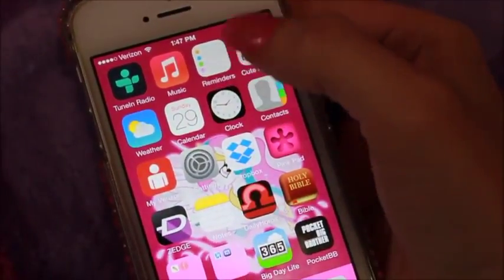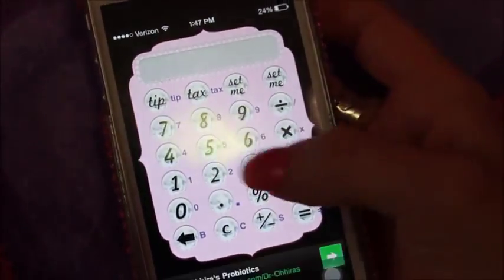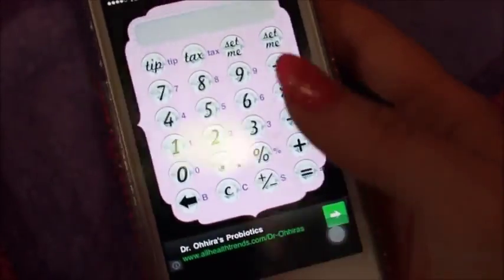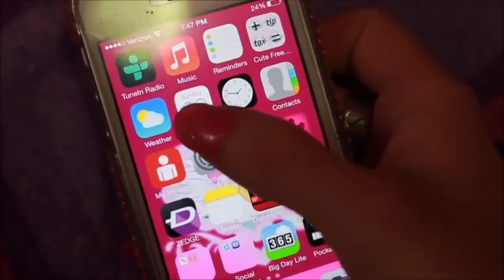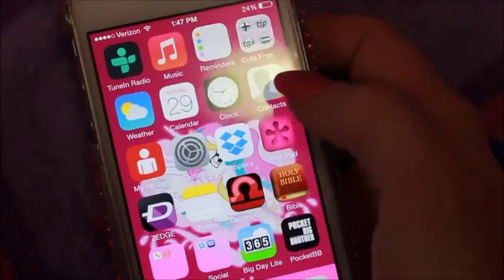And then I have music, reminders, cute calculator. It's just like a cute version of a calculator. You can just go in here and click tip, and it'll generate tip and tax and all that stuff. Sorry about the reflection of the light on my phone. And then I have weather, calendar, clock, contacts, my Verizon, so I can pay my bill,